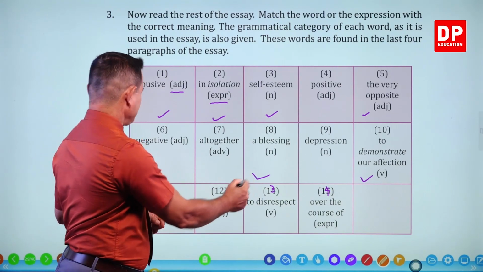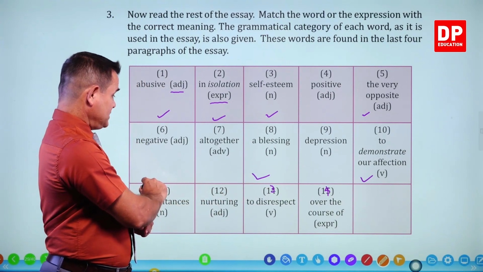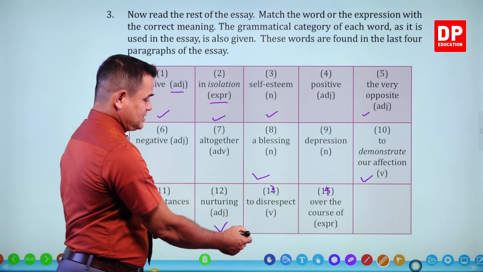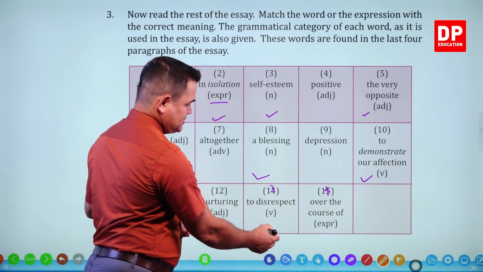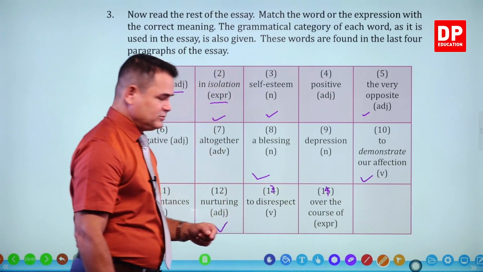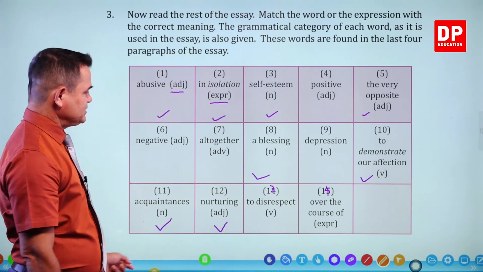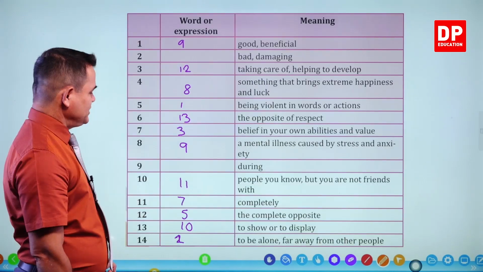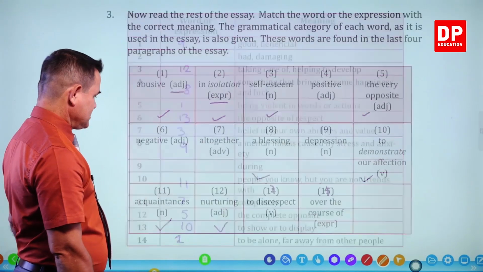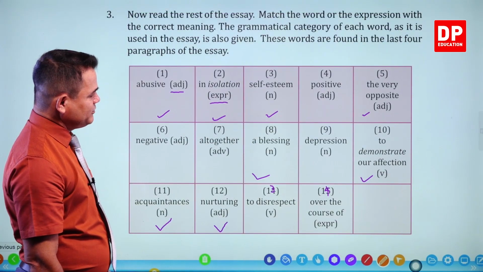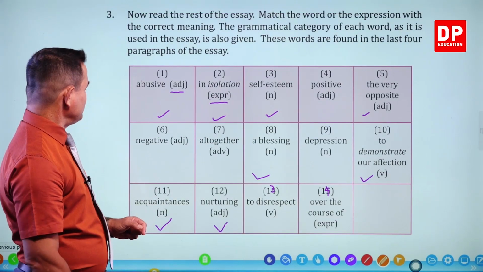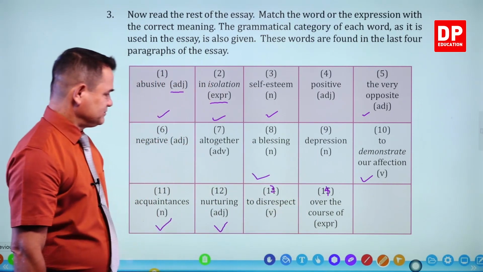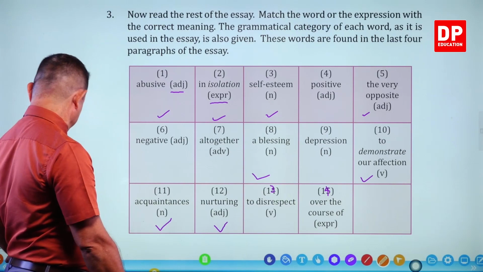together, and acquaintance, okay, nurturing, and over the course of, right? Let's see now the remaining words. During, now over the course of, number 14,